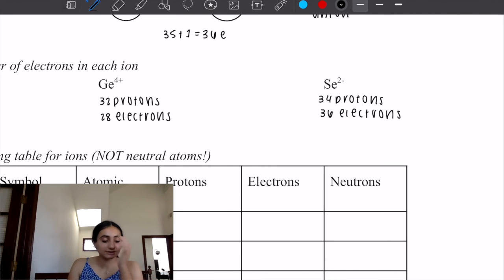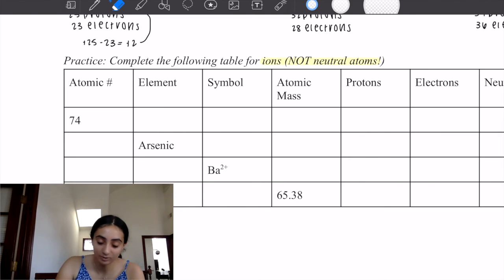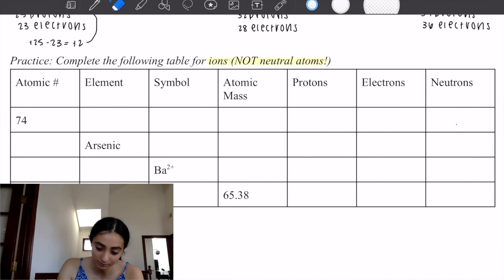Now you will notice that on your periodic table, the charges are written like minus 2, plus 4. When the charges are written by themselves, you put the sign in front of the number, but when they're attached to an element like this, you do 2 minus or 4 plus. Okay, so now we're going to try a table with ions, and I'm going to go through the parts you